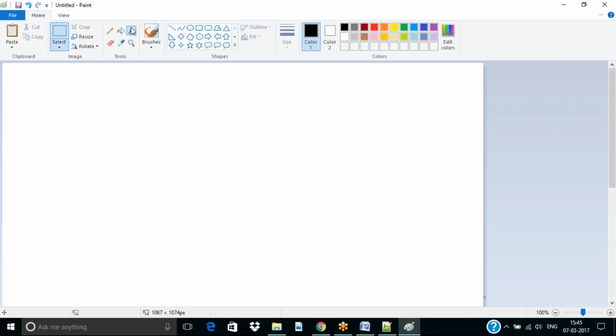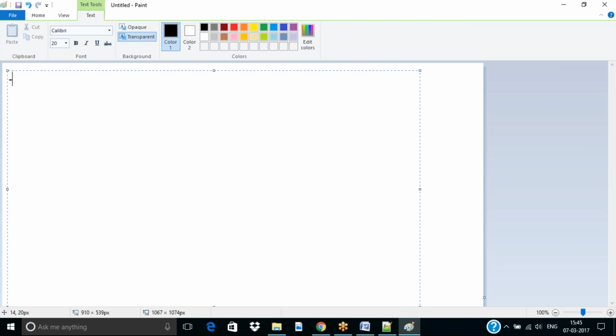Some more tags we are going to see here. Under the extra markup, we are going to see the font tag and center tag. So font tag, center tag,